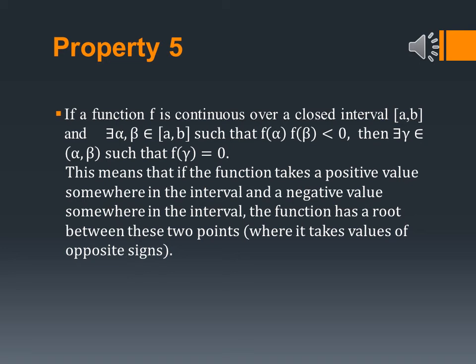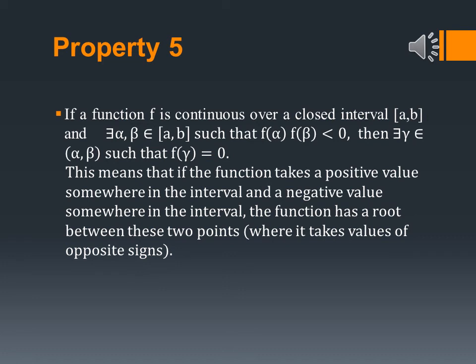This is the last but obviously not the least one. And this is just a redefinition of what we have learned already. The mean value property can be taken to infer something more about functions that take values of opposite signs at two different points. What I mean is that if there is a continuous function defined on a closed interval and